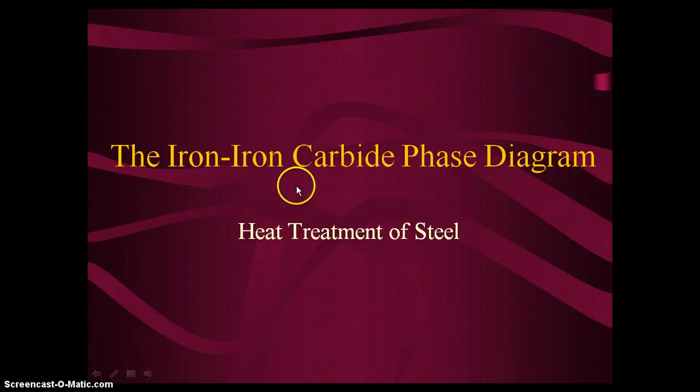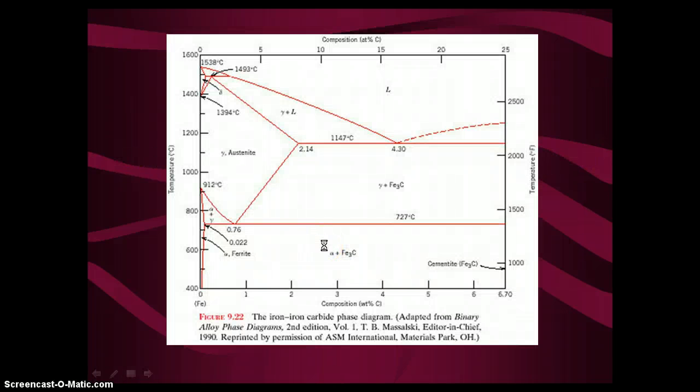Today we are all going to see the iron carbon equilibrium diagram. In this diagram, temperature is taken on the vertical axis, and the composition, that is the weight percentage of carbon content, is taken on the horizontal axis. The temperature varies from 400 degrees Celsius to 1600 degrees Celsius, and the percentage of carbon varies from 0 percent up to 6.7 percent.